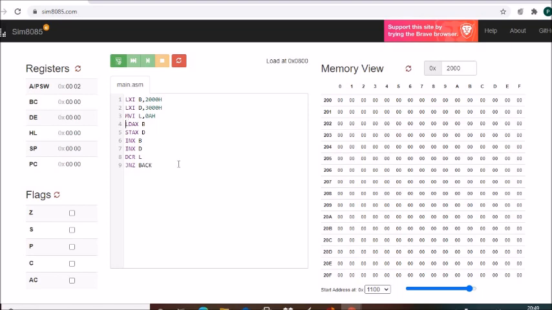So you have to define the back label. Where is back? It is before LDAX. Then we end the program by writing halt. So this is our program.